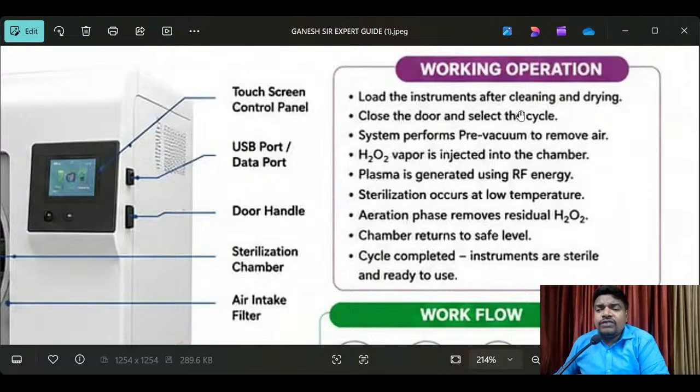Load the instruments after cleaning and drying. Close the door and select the cycle. The system performs a pre-vacuum to remove air. These are the working operations. H2O2 vapor is injected into the chamber, and plasma is generated using RF energy, and sterilization occurs at low temperature. The aeration phase removes residual H2O2, and the chamber returns to a safe level. The cycle is completed, and the instruments are sterile and ready